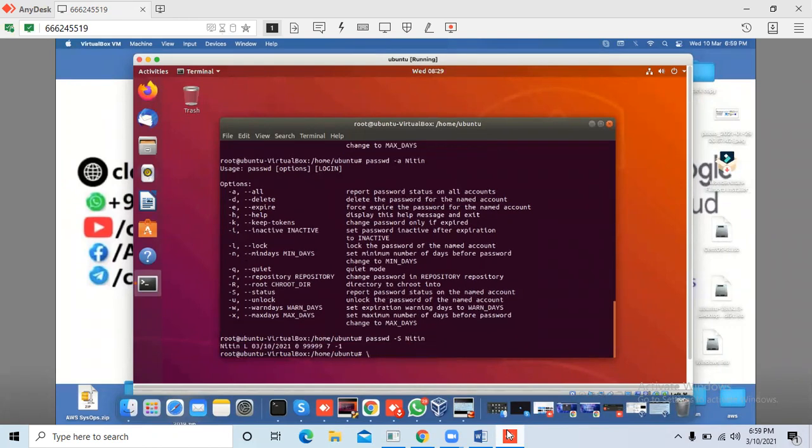Enter. So it shows the username, the login date, expiry. This is the password status.